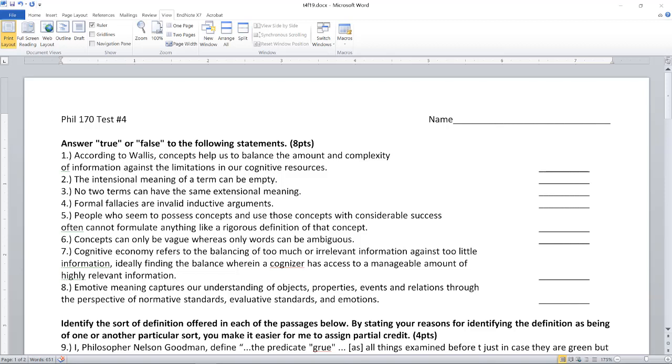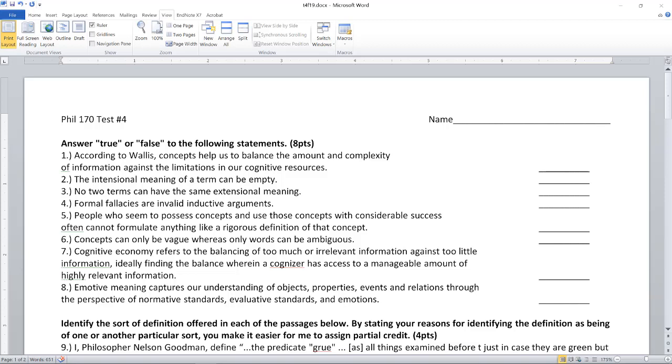So the number and kind of things picked out by the concept of unicorn is exactly the same as the number and kinds of things picked out by monitor. And so as a result, they have the same extensional meaning, the same empty set as the meaning of their term in extensional meaning. So that is